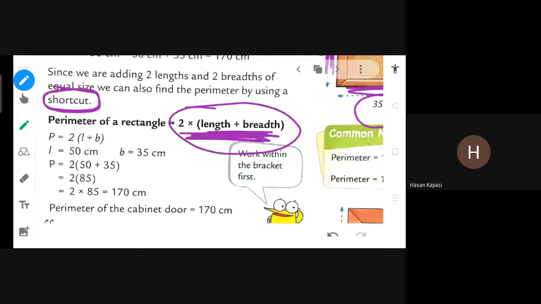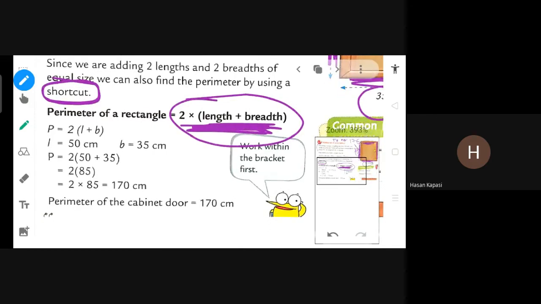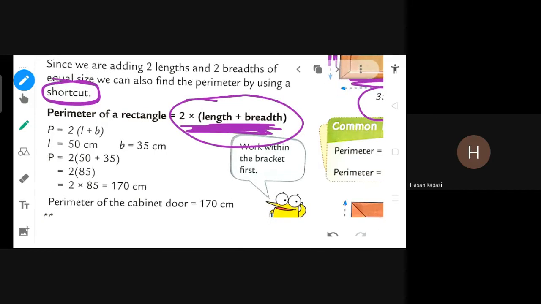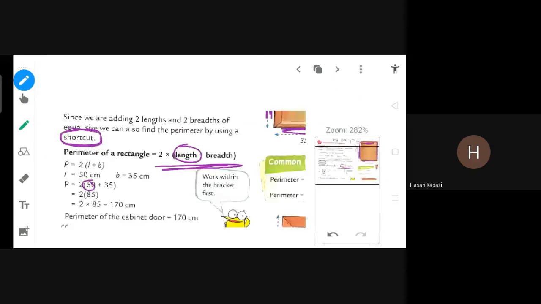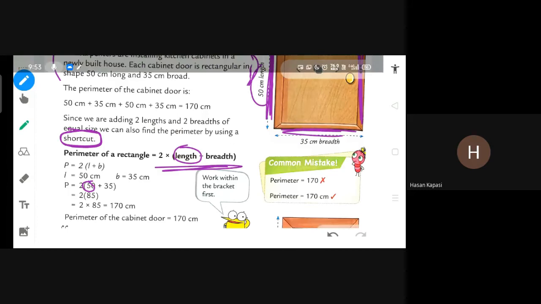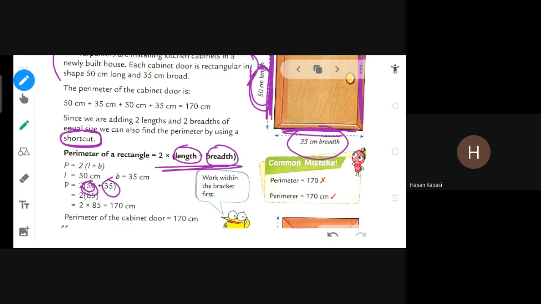So maybe hope you have learned this formula. So now I am explaining. This is the formula which you have to use. Multiply by length plus breadth. तो ये फॉर्मूला लिखने के बाद लेंथ की जगह 50, मतलब जो फिगर में हो, यहाँ पे क्वेश्चन जो है डोर वाला उसमें 50 लेंथ है एंड ब्रेथ इज 35. That's why we are putting 50 here. And instead of breadth we are putting 35 because in this figure it is given in